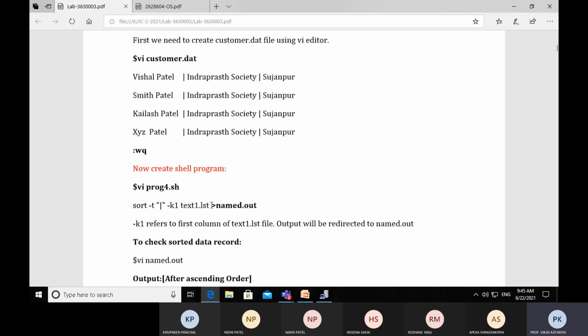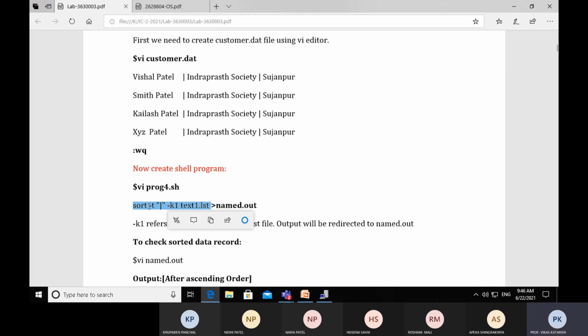And this symbol tells us the output of the sorting command will be redirected to name.out. So this is the way to redirect the output. The name.out file is not created beforehand; it will be created dynamically as the sorting command gets executed.